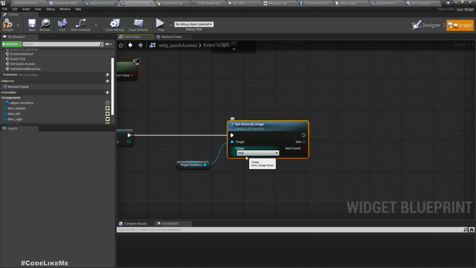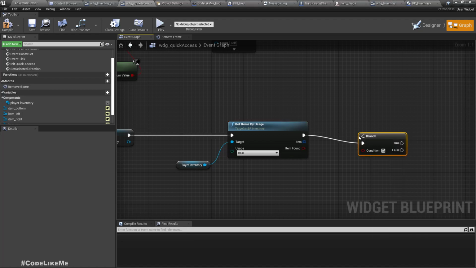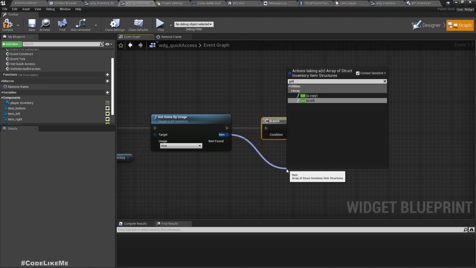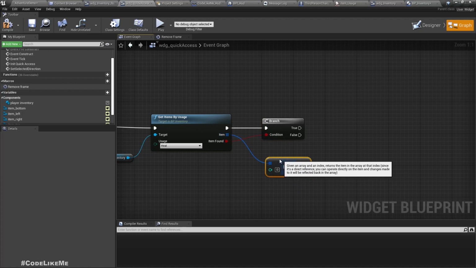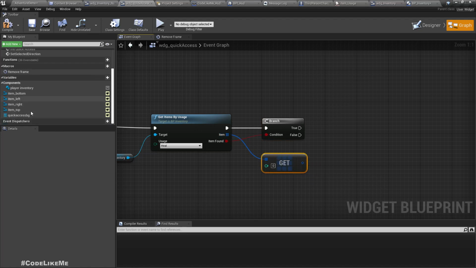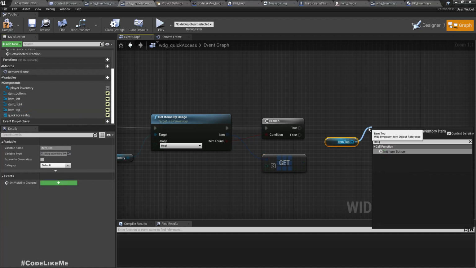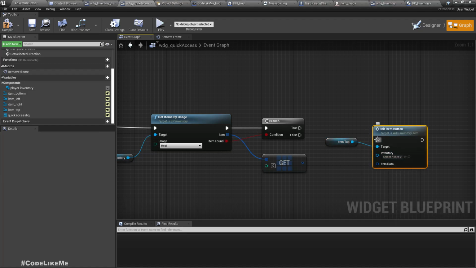Here, first usage is here, and we can have a branch. If the item is found, let's get the first element, and we can get the top button, init item button,